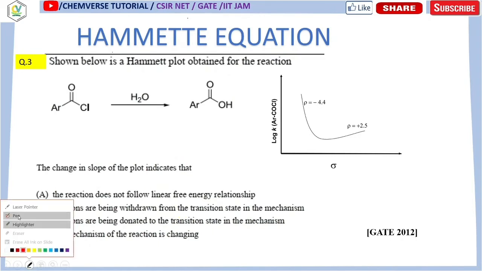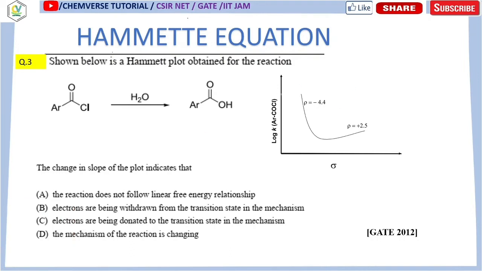So this is a plot from the non-linear Hammett plot. And why is it non-linear? Because you can see the first step of the reaction is the production of this kind of positively charged species. This positive charge is delocalized with the help of this aromatic ring. So it is the stabilizing step, and it is the rate determining step over here.